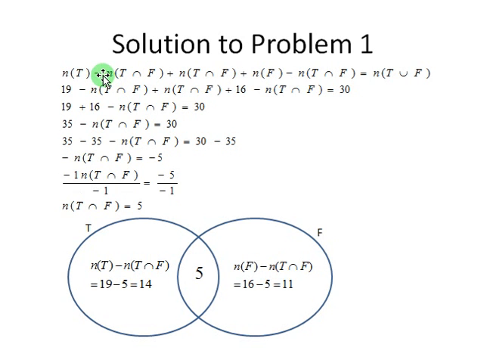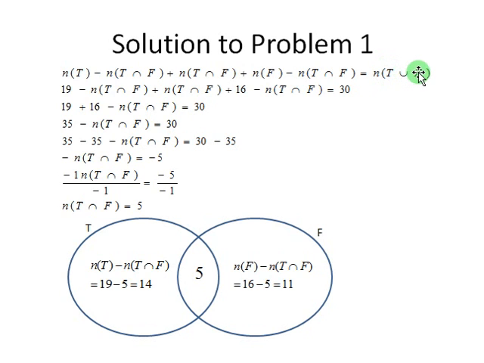To determine the number of those who play both tennis and football, I'll form an equation in which the number of those who play tennis and football is the unknown. This equation is formed by adding the students who play only tennis to those who play both tennis and football, and finally you add on those who play only football. The whole of this will equal the number of students in the class, that is the number of students